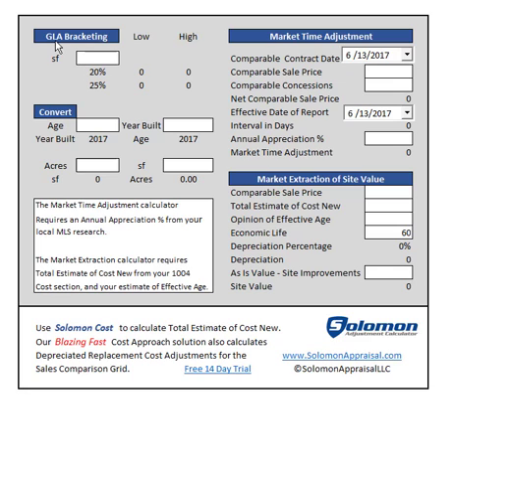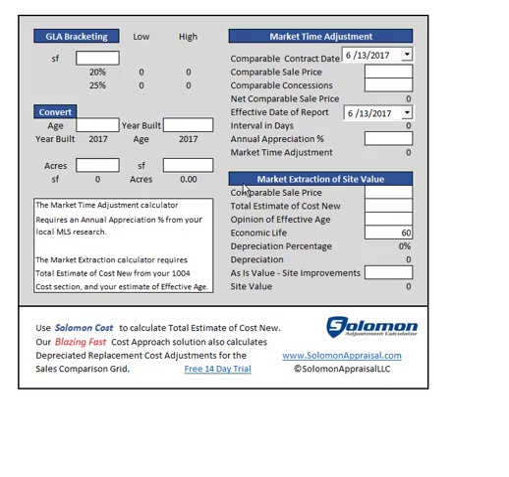We have GLA Bracketing to speed up your MLS search for comps, unit conversions to align the 1004 and the MLS, the market time adjustment calculator, which now has a drop-down feature to make filling dates easier, and the market extraction of site value calculator that will keep you on track with accurate site values when using the depreciated replacement